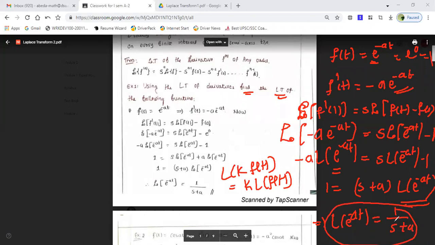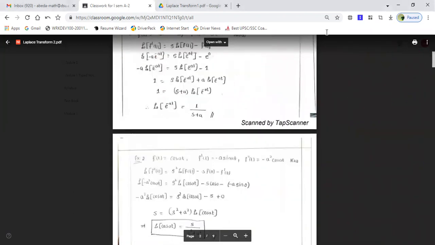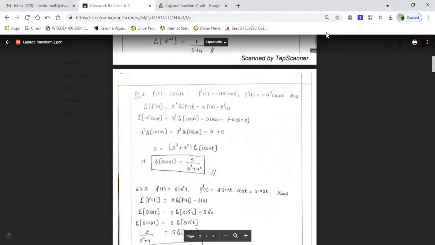So you know by using the general method how to find out. By using the method of derivative also, we can find out the value of Laplace transform of e to the power minus at. So this is how we are supposed to find it out. Okay. Did you get the point, guys? Yes, ma'am. Okay. So now once you have solved this example, let me take the next example here